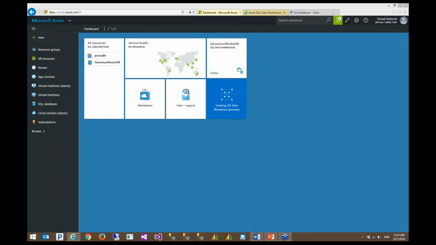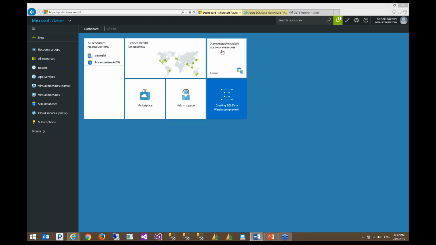Okay, so the installation part is completed, but I showed you how to install Azure SQL Data Warehouse, and the next step is configuring our firewall. So first of all, I'm going to show you how to configure your firewall from Azure Portal.